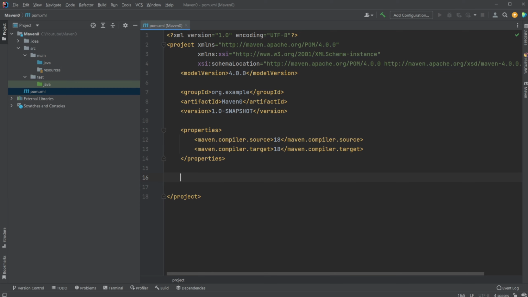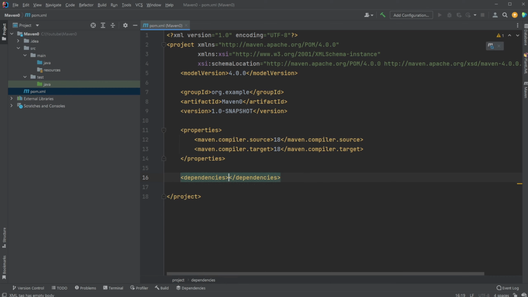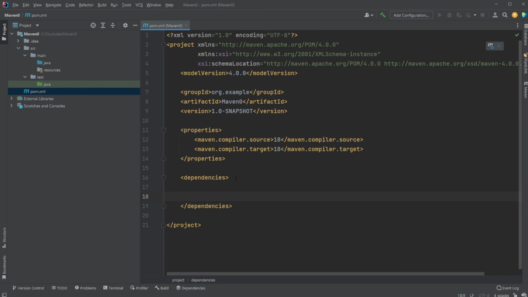So if we want to add a library to our project here, I would need to first add a dependencies tag, in plural, which allows us to add multiple dependency entries. I would then, in most cases, if I wanted to use some kind of specific library or project or anything,